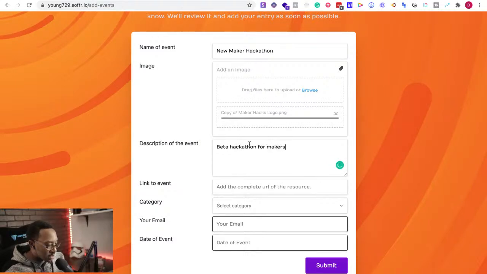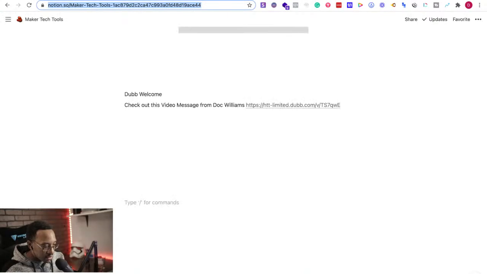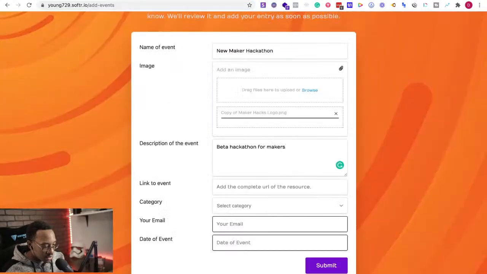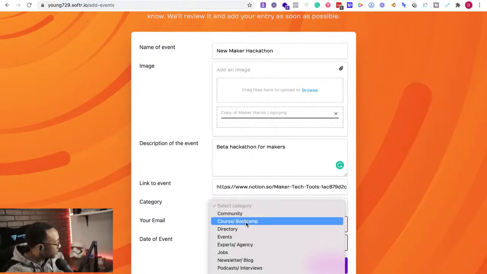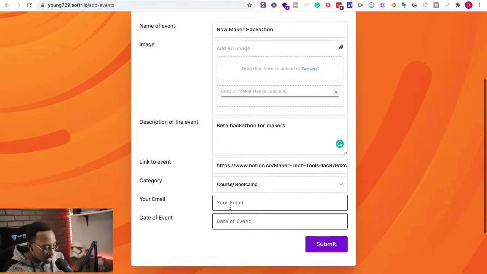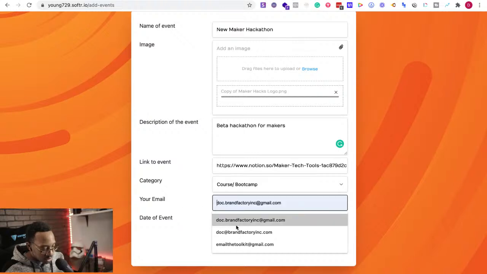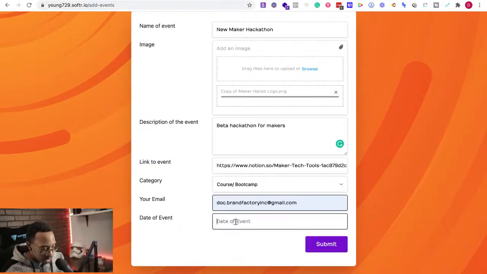All of this syncs with Airtable. So I'm going to have that with my Notion URL. I'm going to drop that there. Category, course or bootcamp. Look at this, but I try to add more fields. Look, I'm going to try a different email, right? Date of event,